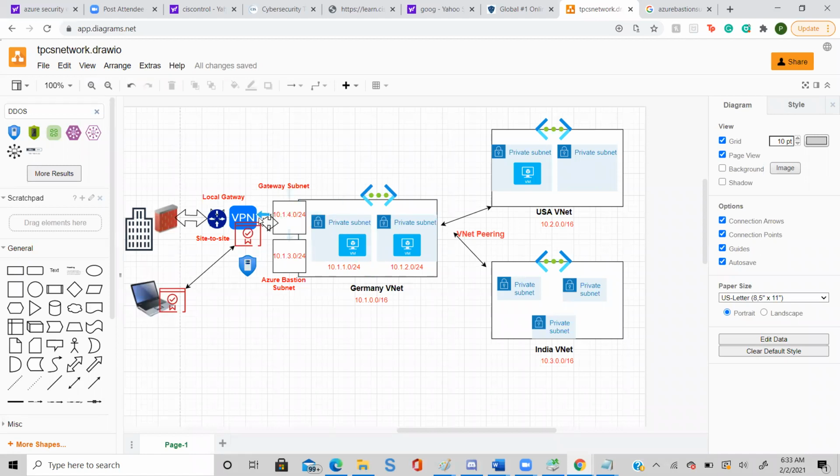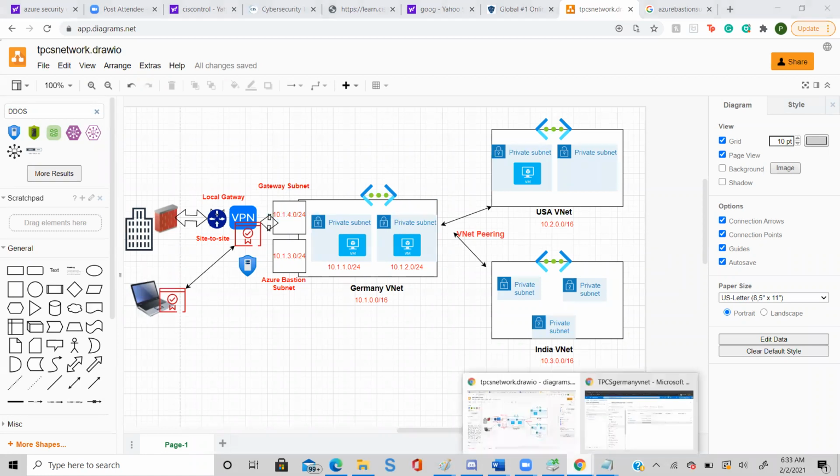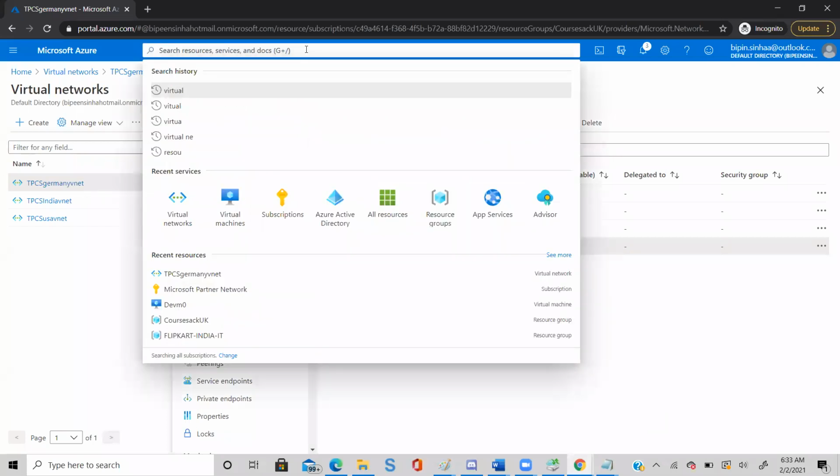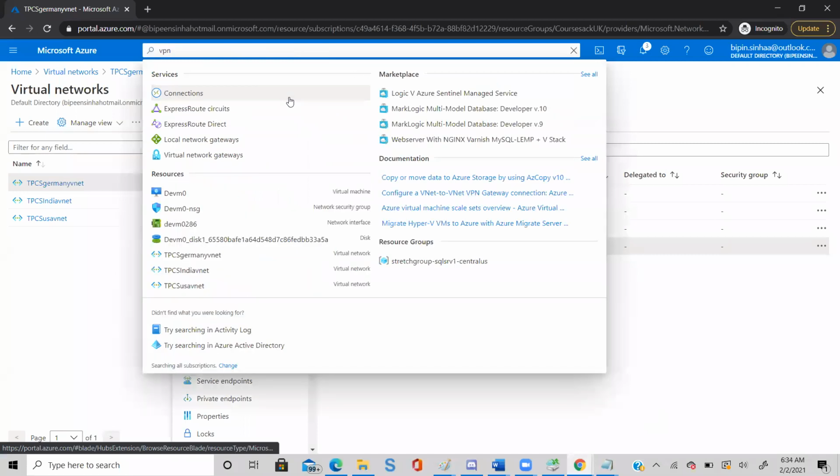Now we have to configure the VPN because our gateway subnet is created, right? So the VPN will go and connect with my gateway subnet. So just go ahead and create a VPN now. In the search box type VPN. Good.